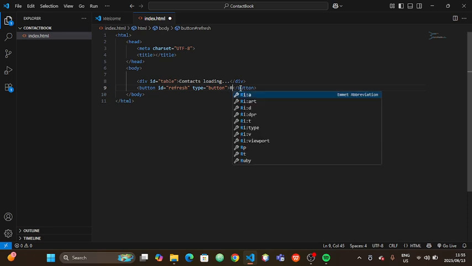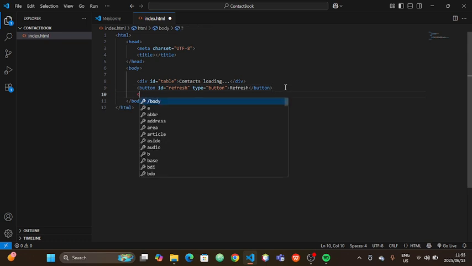There we are going to write refresh. Also below we are going to have a button again, which